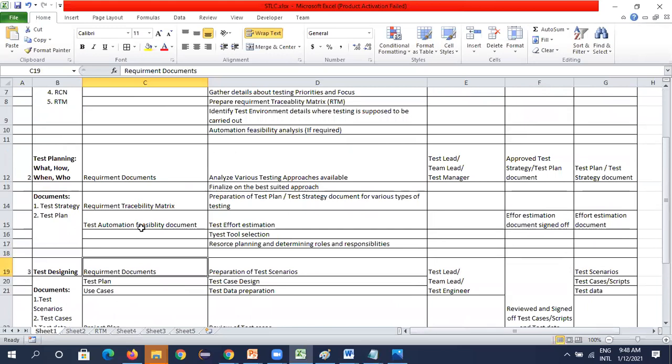They have fine-tuned the requirements, meaning from the document they have prepared the requirements R1, R2, R3. So you will go through the requirement traceability matrix and understand all the requirements. And the automation feasibility document, if required. If you are going for automation, the feasibility document will be prepared. So these are the entry criteria.